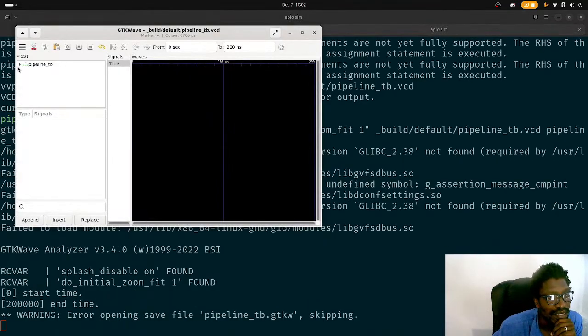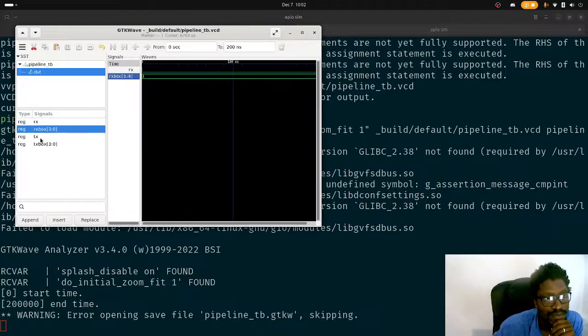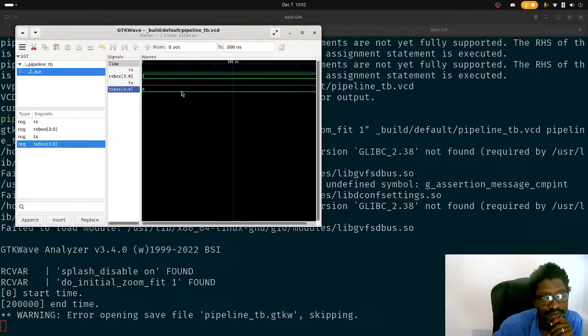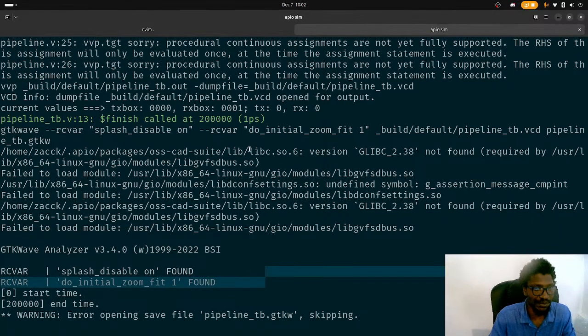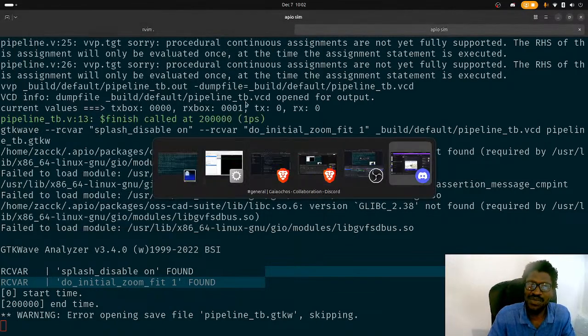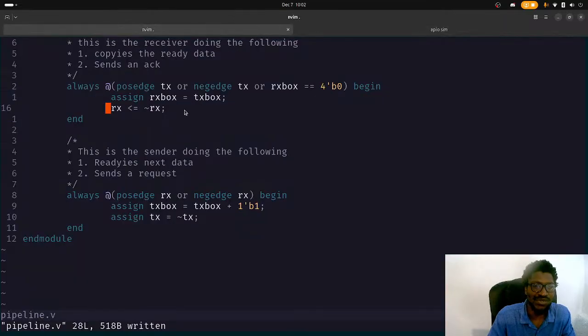So let's look at it now. Still doesn't. Okay, cool. I'm gonna have to stop there. It does do actually what it's supposed to do. So this TX box 000, RX box 001, this is not supposed to be the case, because what's happened here